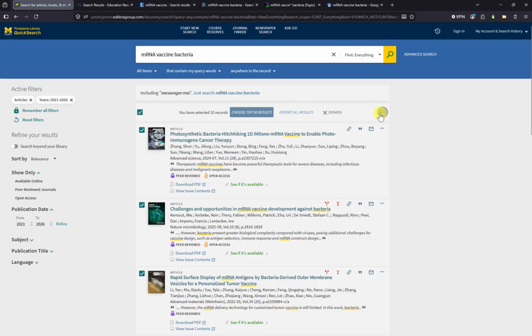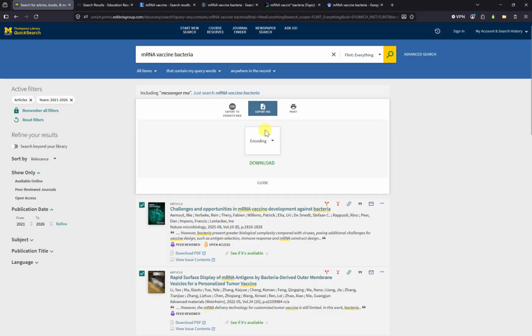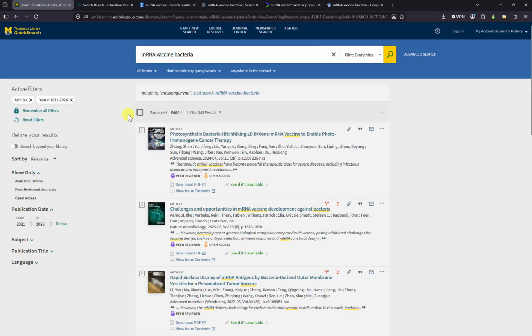On quick search, you're going to go over to the little show actions items, and it's going to have the option to export to RIS. And then you just click download. And then you'll notice that there's an RIS file that goes into typically your downloads folder if you're on a Windows machine. So it's pretty simple to grab multiple items from quick search, but other databases and search engines will